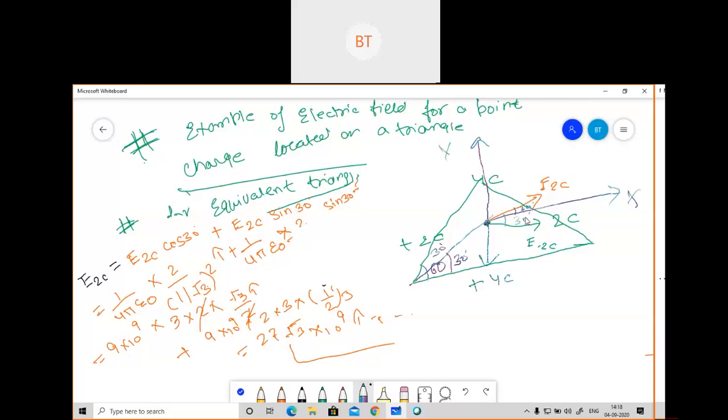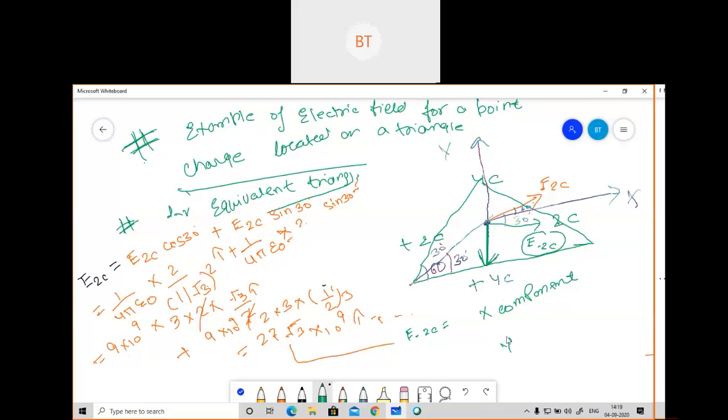Okay, so now if I want to write for minus 2C. I'm sorry for the diagram because I'm not good at it. I can tell you, but the final call will be on your side. For minus 2C, the x component is in the positive direction, so I cap will always be in the positive direction. And the y component, if you can see, is on the downward side for minus 2C.